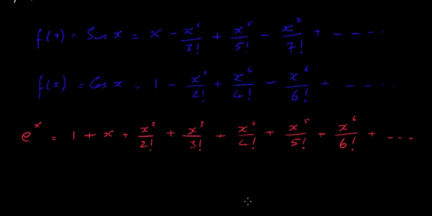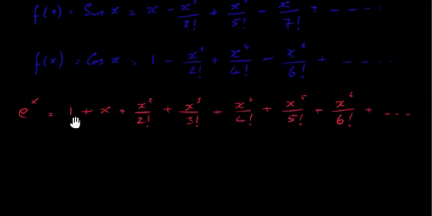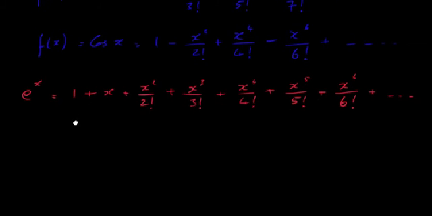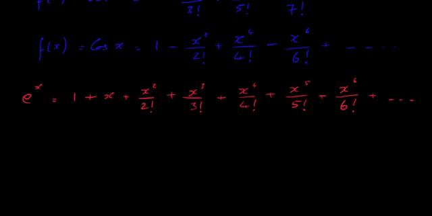putting in. What I'm going to do is take this series here, and instead of the x here I'm going to put in ix, because remember we're looking for Euler's identity, or Euler's formula initially anyway. So Euler's formula has an e to the power of ix in there, so we're going to write that in. Okay, so e to the power of ix. So wherever I have an x along here I can just stick in ix. So let's do that. We have 1 plus ix